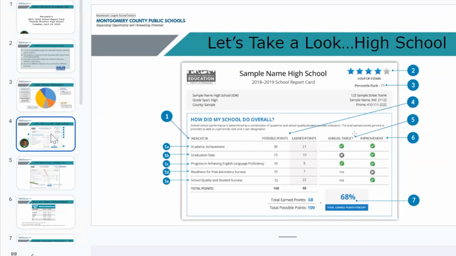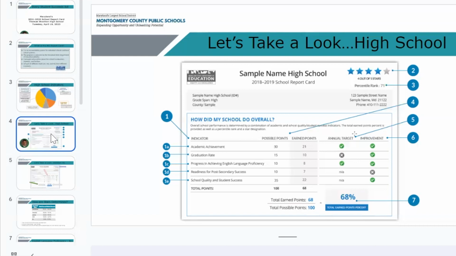Each year, the state will release an updated report. If you go to the Maryland report card site, you're going to be able to see multiple years of reports. Please know there are a couple of years without reports because of COVID. Things you're going to see: the school's name right at the top. Indicator number 2 is the star measure. The state is going to give every school a certain number of stars out of 5 total, and you are going to see how your school did with the star rating.